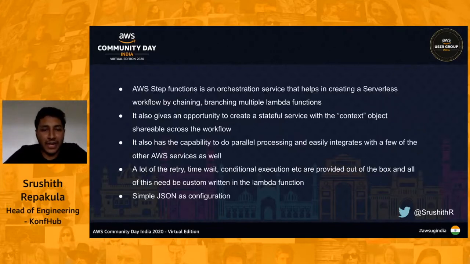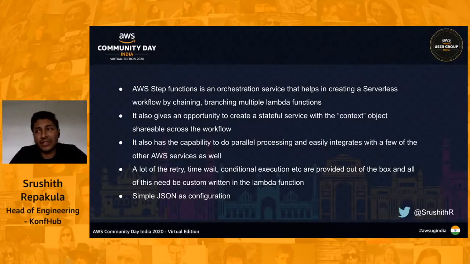Now, these are just the pointers that I just talked about. It helps in orchestrating the various services for our Lambda functions. I mean, we have multiple Lambdas, we orchestrate them. And then, as I told you, it helps us build stateful services, whereas Lambdas, or serverless applications by default, are stateless, but Step Functions gives us that capability to build a state inside the application, I mean, for our user flow itself. Now, as I've already mentioned, it has the capability to do parallel processing as well, and easily integrates with various other AWS services.